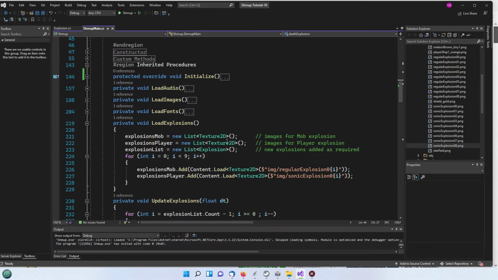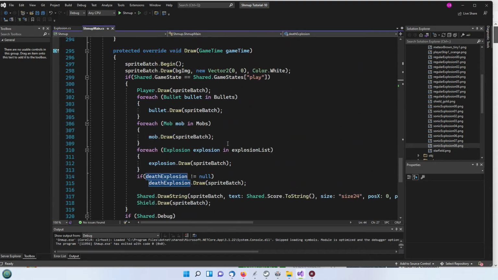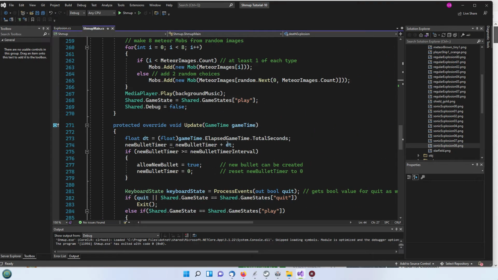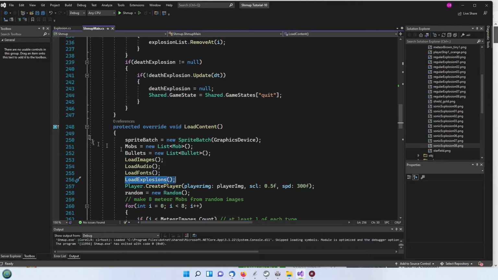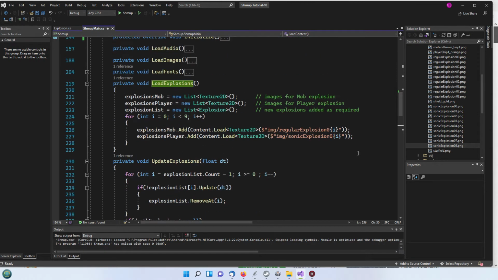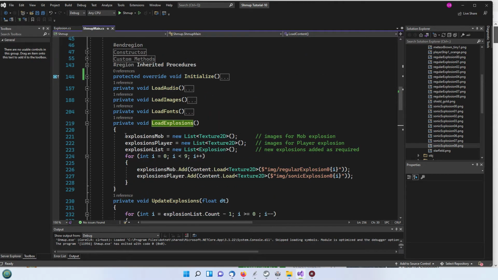So let's show you how these are loaded in. As usual, in the LoadContent function, here it is, we've now got a new function called LoadExplosions. Let's show you what that does. It initiates the three lists that we were showing up there: explosions mob, explosions player, and explosion list, just giving them empty values. And then we're doing a for loop running between 0 and 8, so that we can load in each of those images here